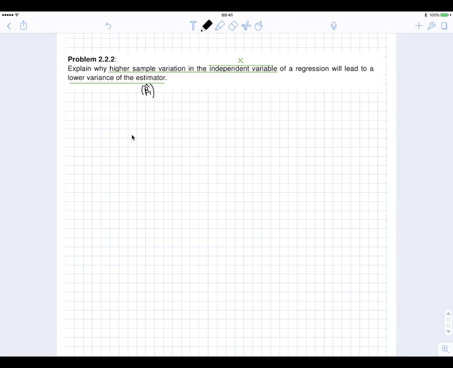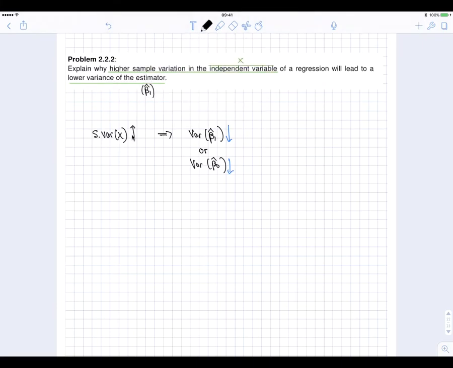So let's convert that question into math. The math is this: if the sample variation in x is large or high, this implies that the variance of beta 1 hat, or the variance of beta 0 hat, it was not immediately clear from the question, would be lower. Okay, so